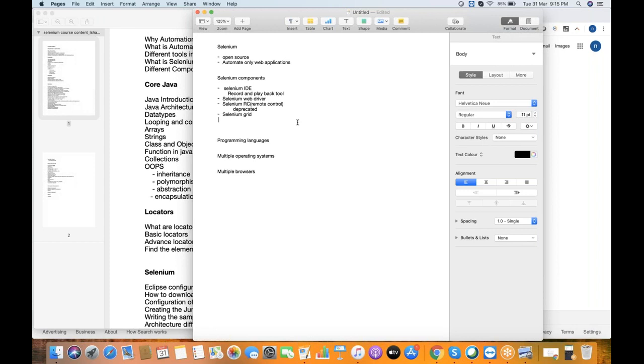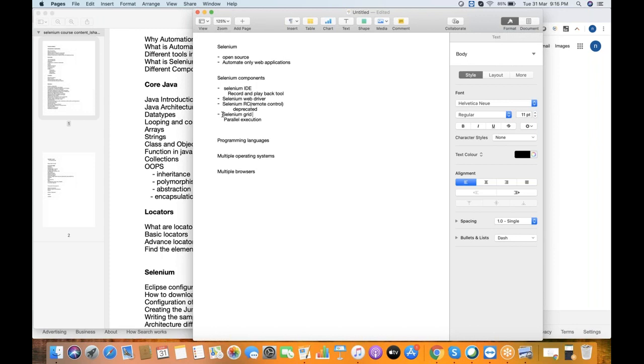So why is it used? It is used for parallel execution. Parallel execution is executing our test cases simultaneously on various combinations of browsers and operating systems. If we want to execute a lot of test cases at the same time on different combinations, we use the Selenium Grid.